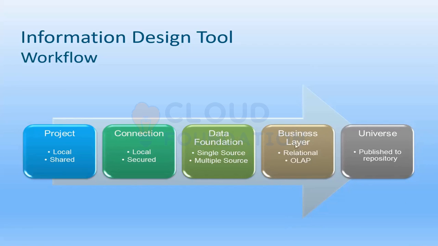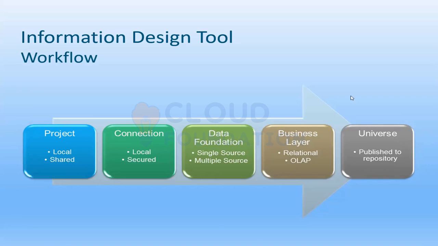After creating the data foundation, we have to create a business layer, which I told you about already. A business layer is like a creation of folders. We will create some classes, and inside classes there will be subclasses, like a product or a region, sub-product. Under product, we can create objects like product name, product ID and product sales quantity sold. Like that, we will create some classes and objects according to the business terminology, so that the user can easily understand what it is.